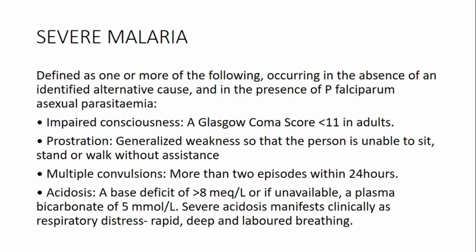So severe malaria in pregnancy may be challenging, as the presentation may be diverse, and there are different conditions that could be associated with severe malaria, or which would account for a diagnosis of severe malaria. So in the presence of P. falciparum parasitemia, any of the following would count for a diagnosis of severe malaria, and this includes impaired consciousness, such as a Glasgow Coma score of 11 or less in adults. Prostration, which is described as generalized weakness, such that the patient is unable to sit, to stand, or walk without assistance. Multiple convulsions, more than 2 within 24 hours,